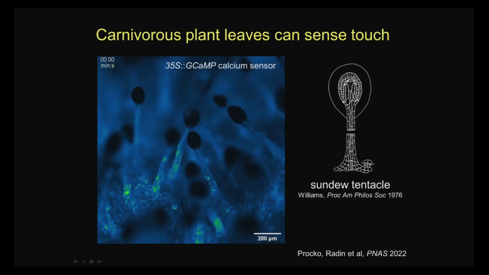And what you can see there is this very dramatic behavioral response, almost, right, to a touch stimulus. When we look at the molecular level, we can also see some quite rapid responses to touch. So here now what you're looking at